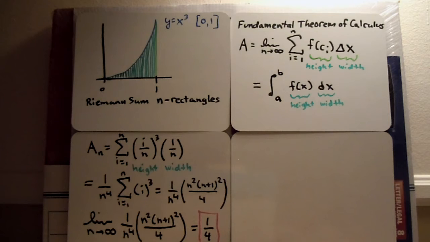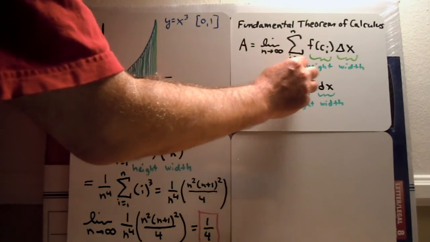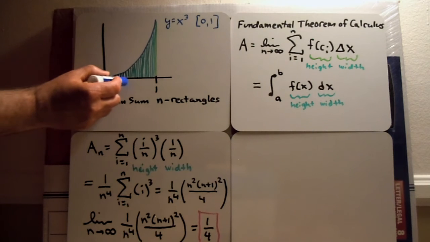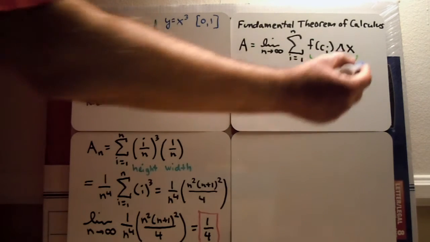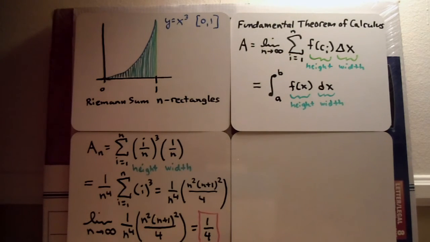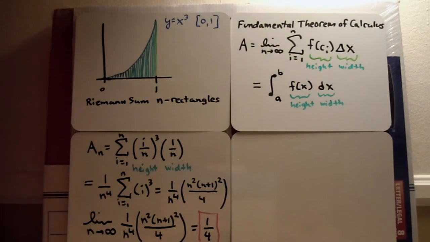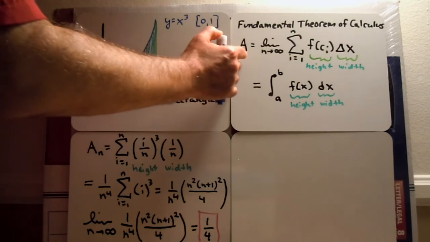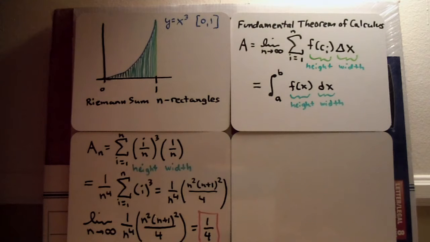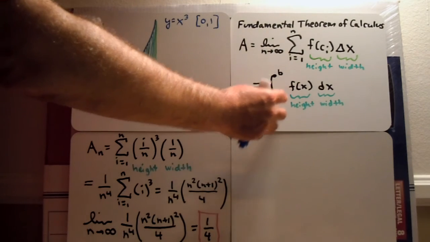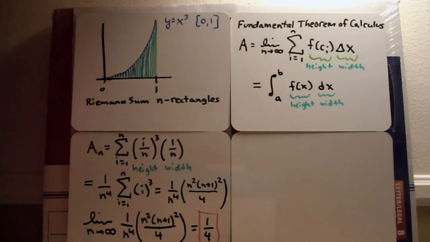this limit being 1/4. Now, the fundamental theorem of calculus states that if you have a Riemann sum, the sum of any number of rectangles with heights f of c sub i, where the c sub i's are the values in each of the n subintervals times a common width delta x, that limit as n becomes an infinite number of infinitely thin rectangles, that becomes the area, the actual true area under the curve, and that the fundamental theorem of calculus states that that would be equal to the definite integral from a to b of f of x dx,